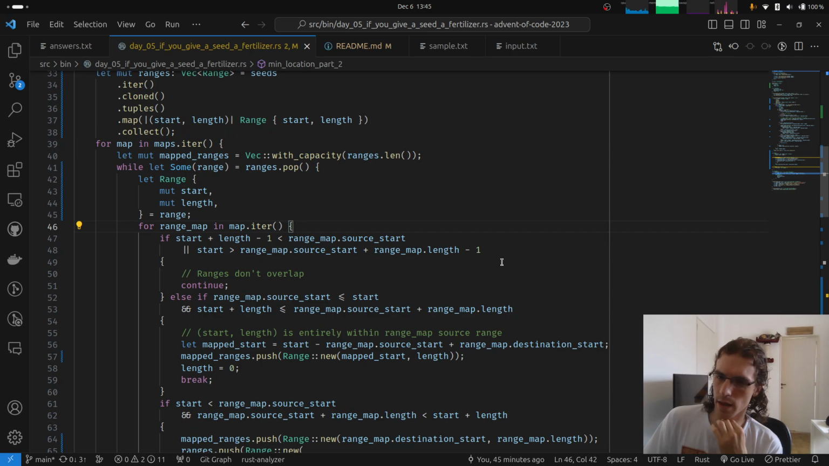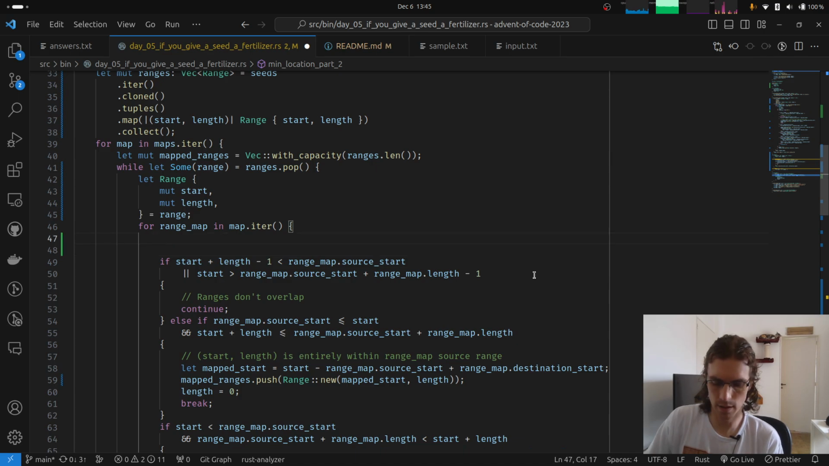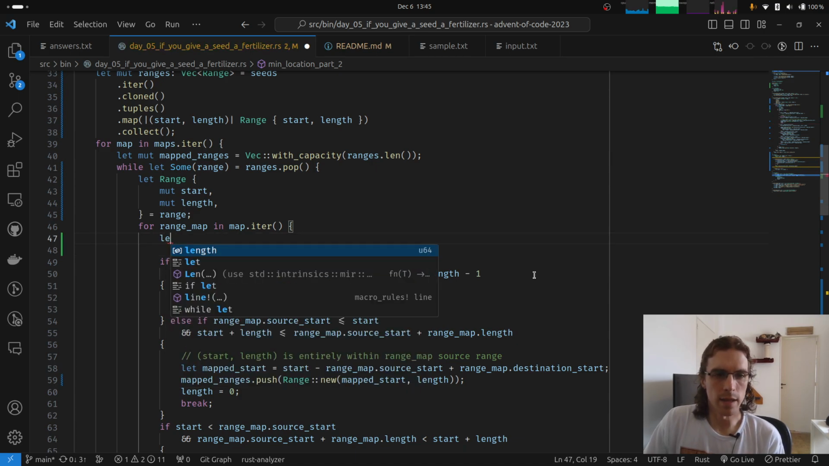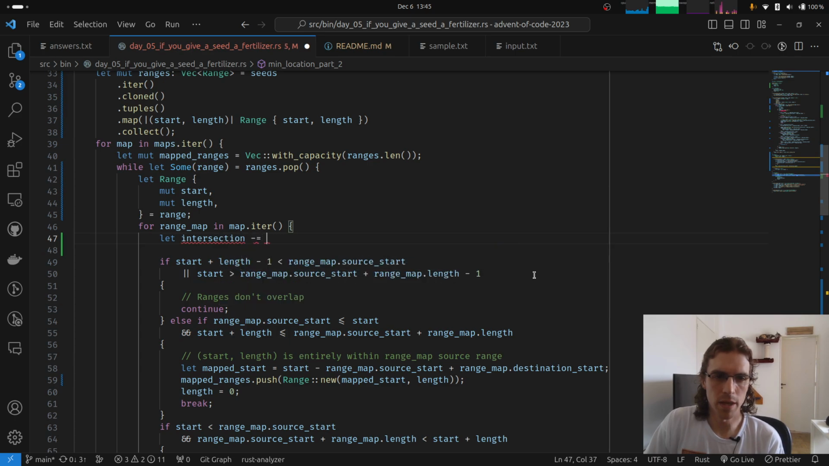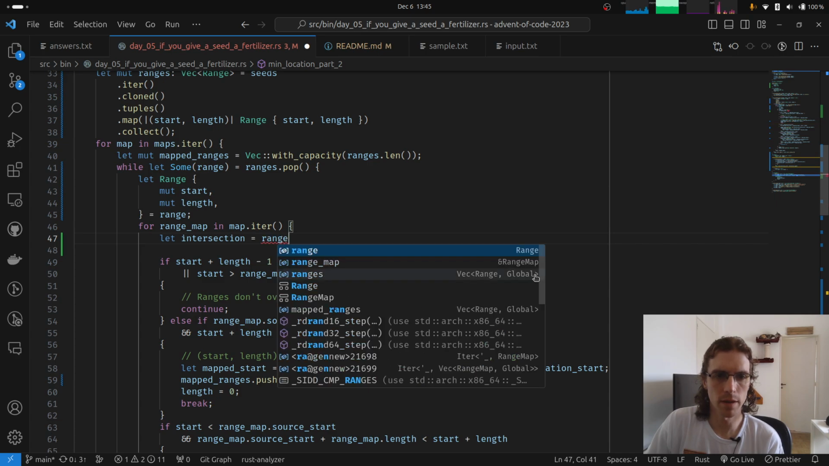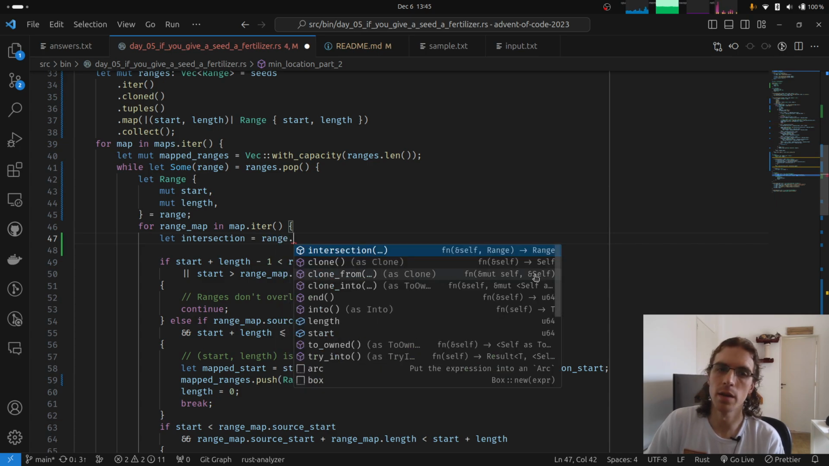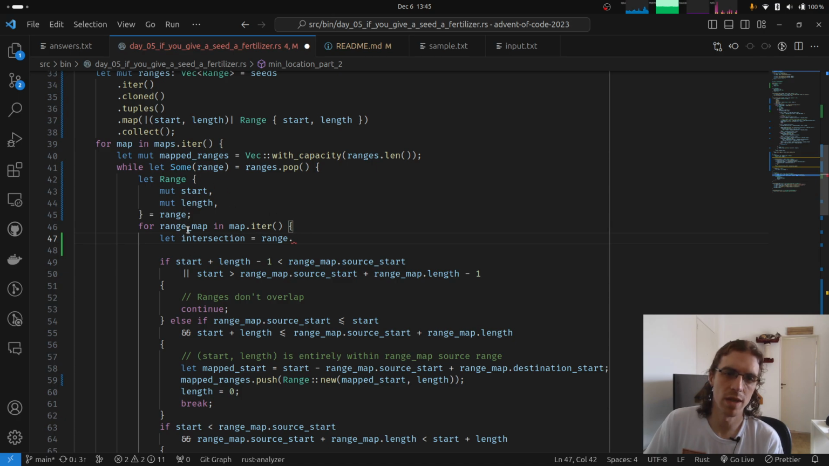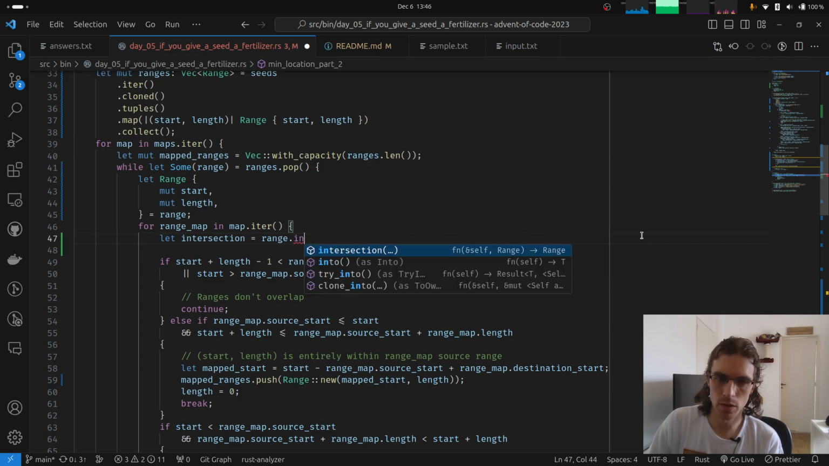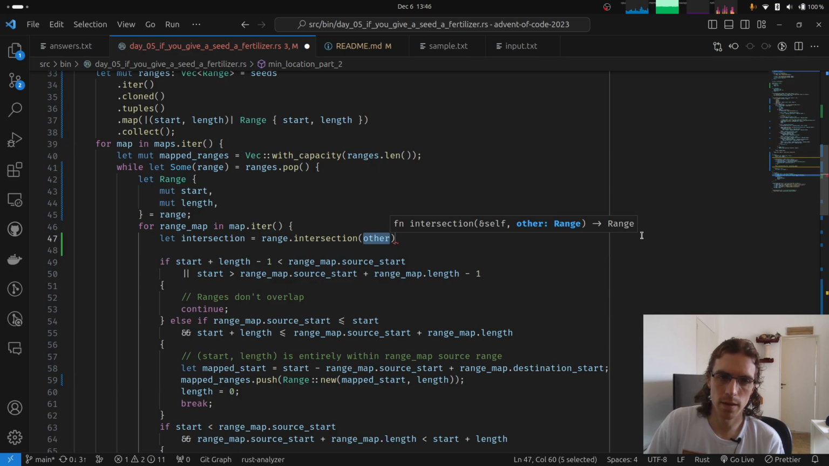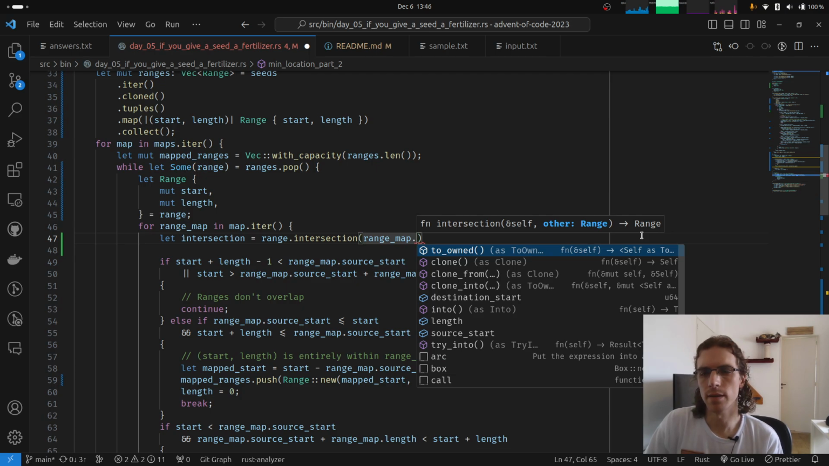And we are gonna need another operation also, but let's think about that later. Say, let intersection be... we do have our range. Oh, but actually this range map doesn't have a range, so we can construct one of those. Intersection with range map, let's say